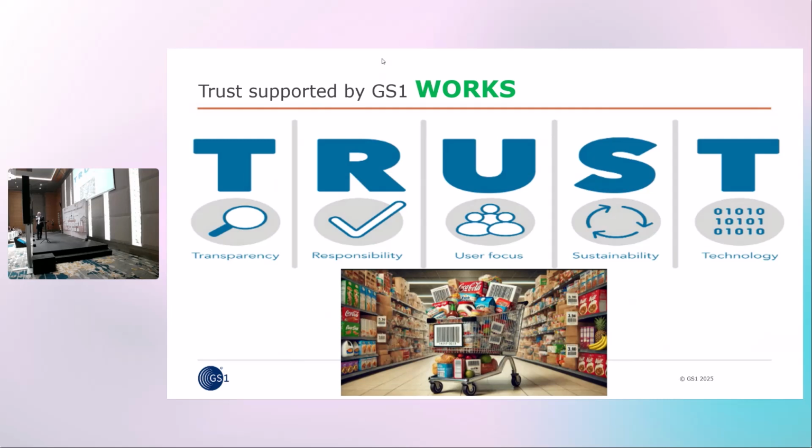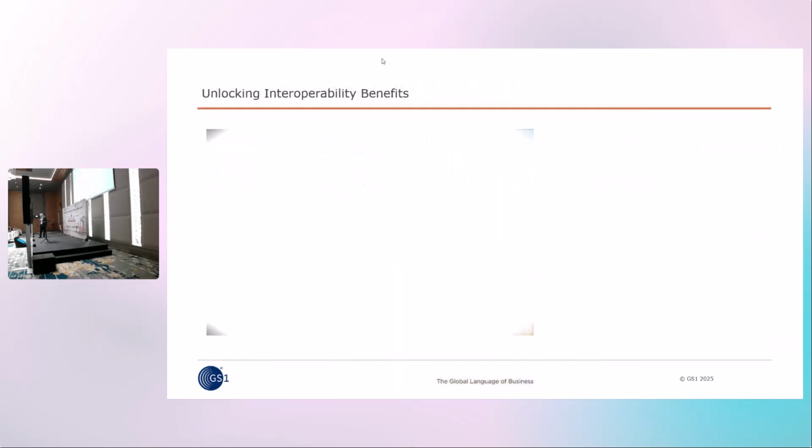But what is that system based on? It's based on GS1 standards and 1D barcodes. In the future, in 2027, they will be 2D barcodes. And is the construction organization and the architectural and the engineering going to be behind the curve or ahead of the curve? Hopefully ahead of the curve, because this is what's important.